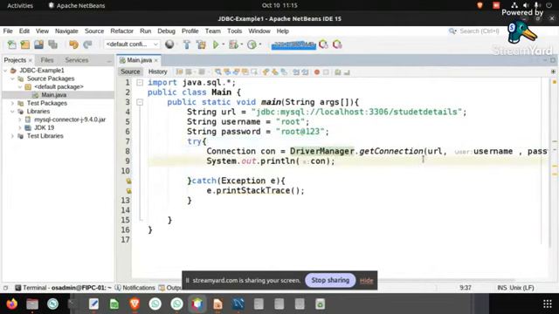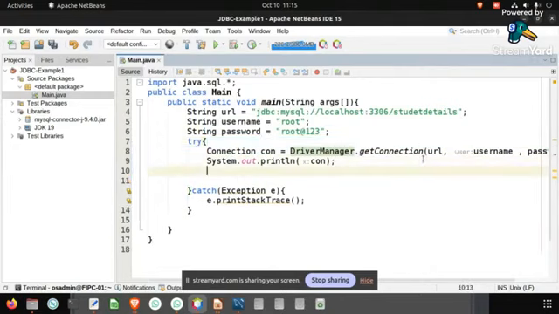Once we have created a connection, we are going to create a statement. So using this connection, we are going to create a statement. So for that,